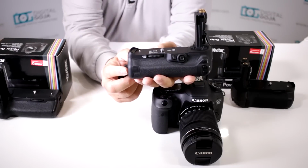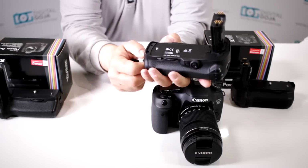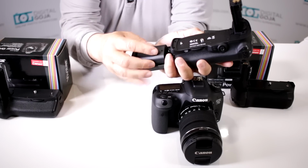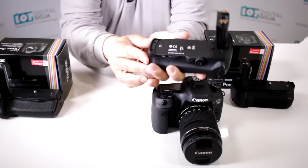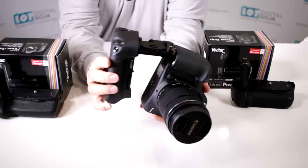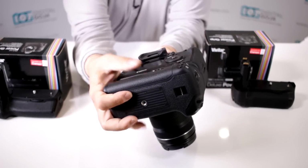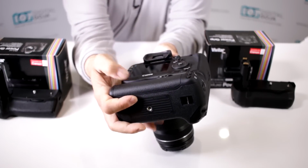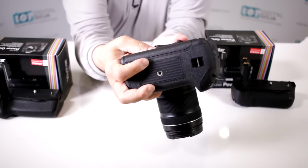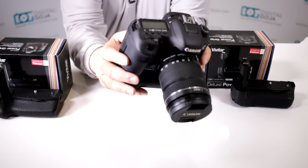Here's the original one. This is the BG-E16. This is the same grip that we use for the 7D. Canon thought ahead and they had the grip made universally, of course, so it works for any different upgrades that they were thinking of, and obviously they were thinking of coming out with a 7D Mark II. Lock it in place. Always turn this following the instruction there where it says lock, and when it's nice and tight, turn on your camera and